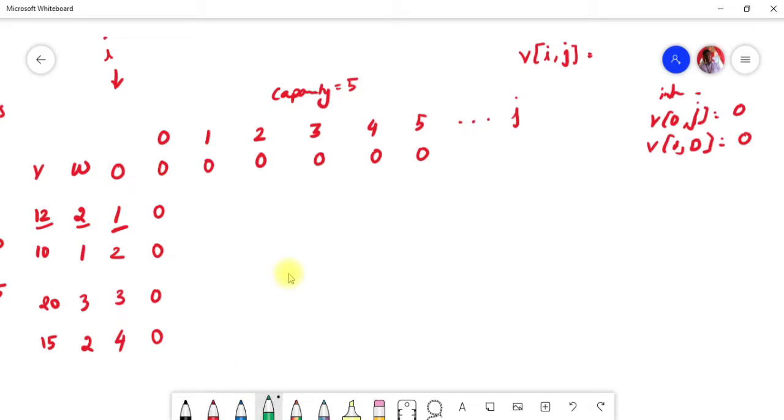That means, see, you are going to accommodate item number 1. The weight for item number 1 is going to be 2. Whether we can accommodate it over here, not possible, because the capacity is 1, right? So I cannot accommodate my first item into here. So let's check with the next one.